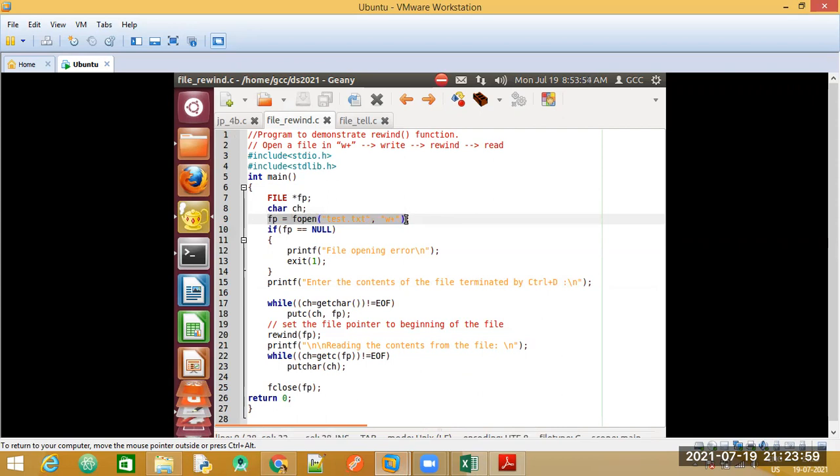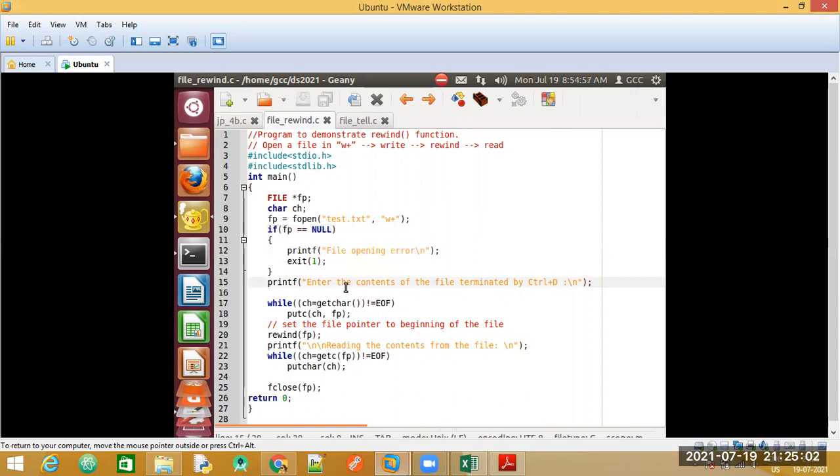We have studied the different modes. What is going to happen if this particular test.txt file does not exist? We will be able to create that particular file. After this, we handle the error here. If we are not able to open the file, we'll handle the error with these statements.